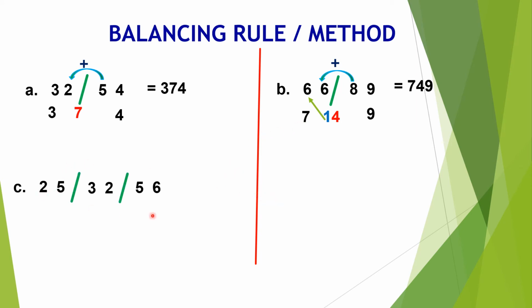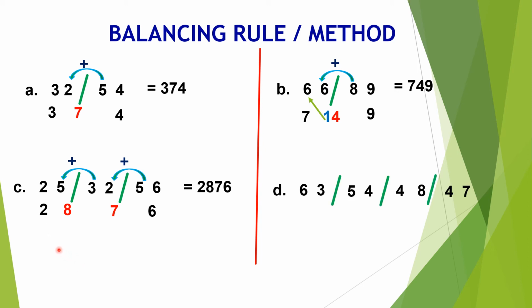Now see, if 3 digits are there, 3 parts of your answer, that is when we are adding 3 digit numbers. So first, as it is, we will start from our right hand side. 6 as it is, we will write. So you add 5 plus 2, it is 7. Now go to the next one. 3 plus 5, it is 8. So 2 as it is. So the answer is 2876.